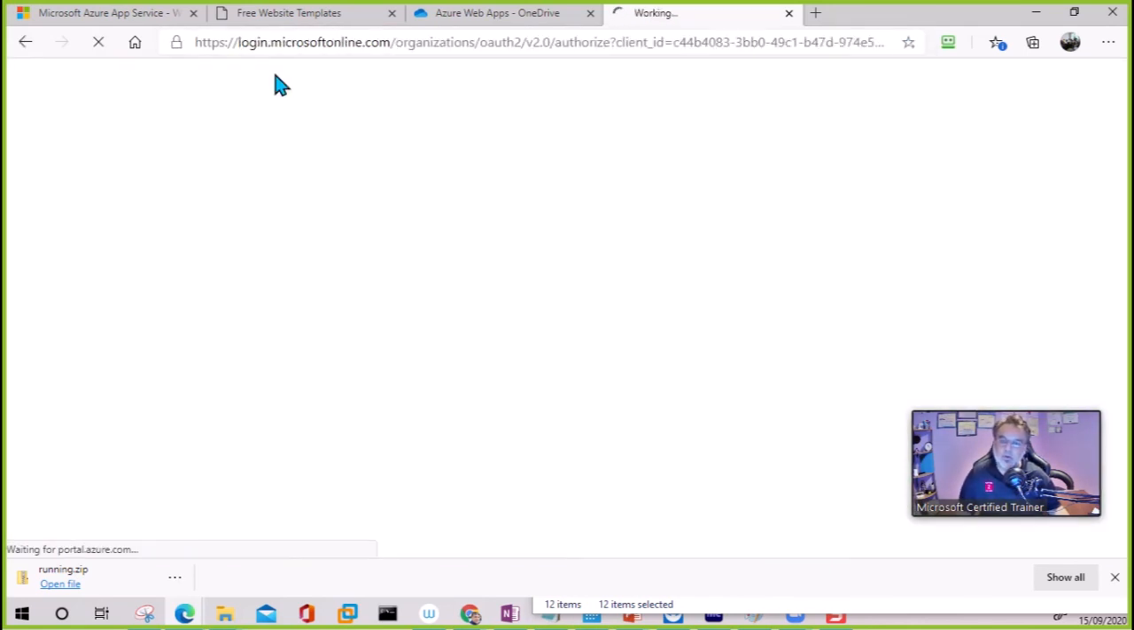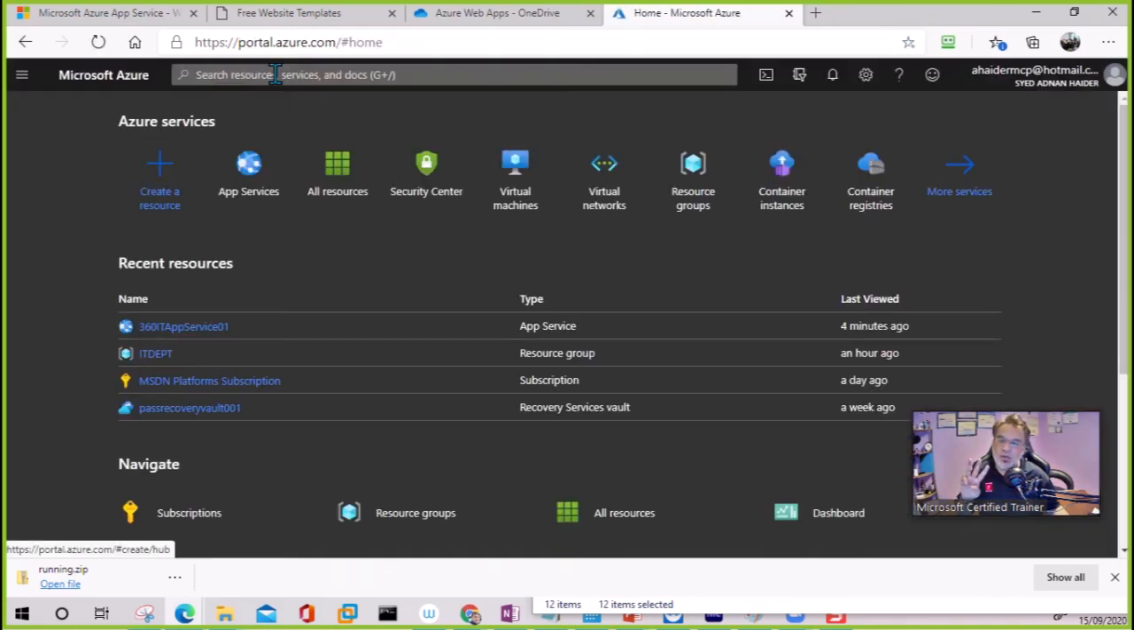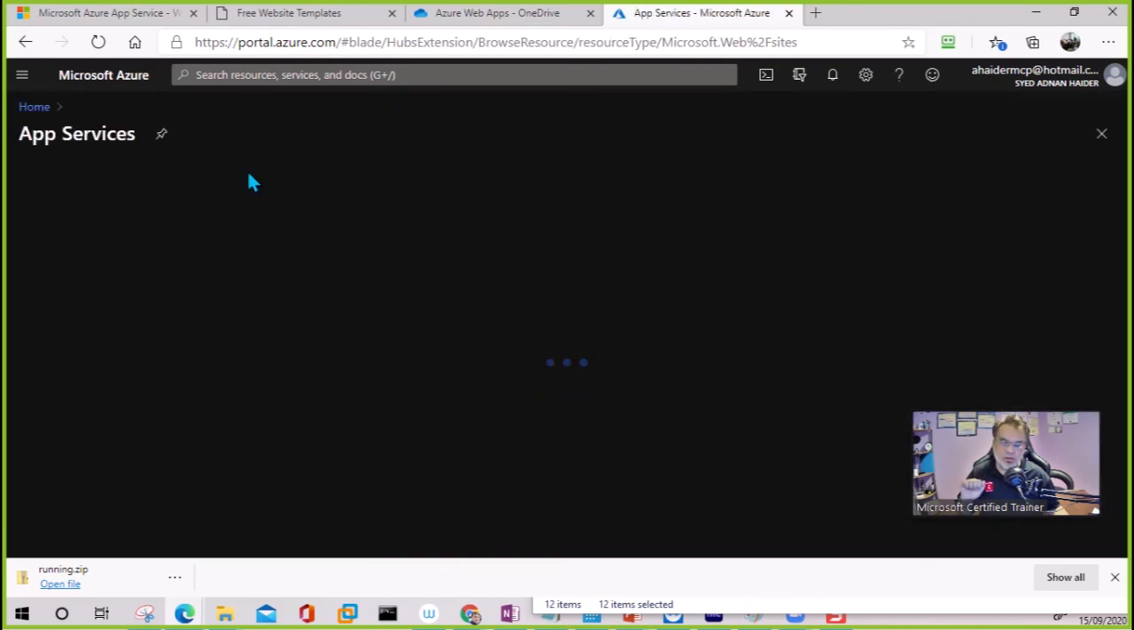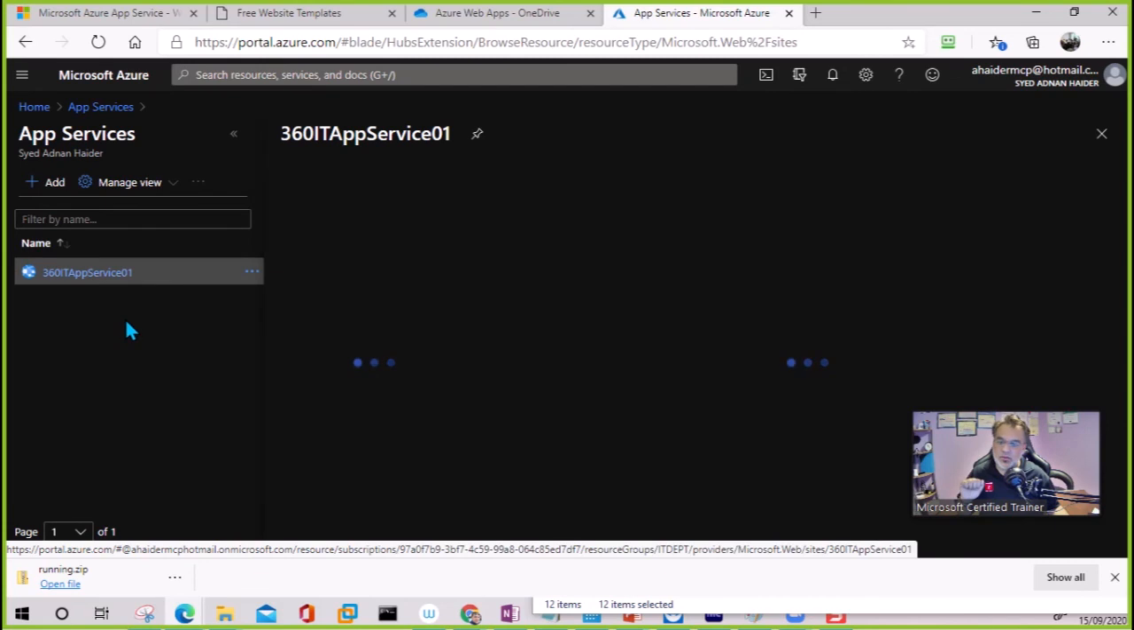So remember that we need to go into the deployment service. So what are the steps we did? We created an app service, then we created an app service plan, and then we downloaded the website. We extracted the website. The website is ready, and now we are trying to connect to my OneDrive account. So I'm going to go back to app service here, and within the app service,